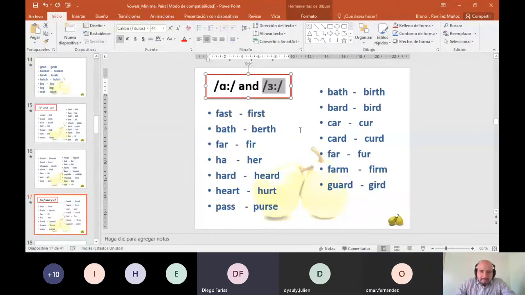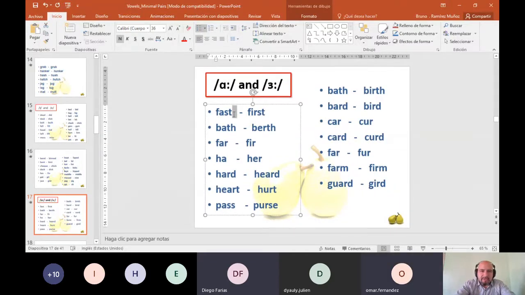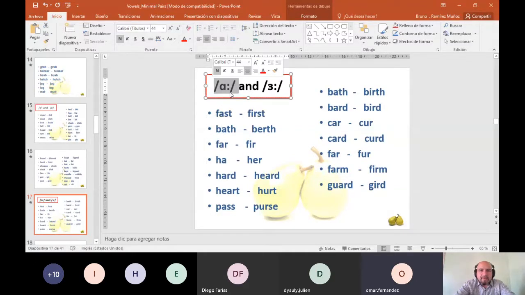Write numbers from 1 through 10. This is going to be a listening exercise. I'm going to read one word and then you write the symbol. For example, let's suppose that I read this word. So I'm going to say fast, and you're going to write a number 1 and the first symbol. Okay, it could be this one or